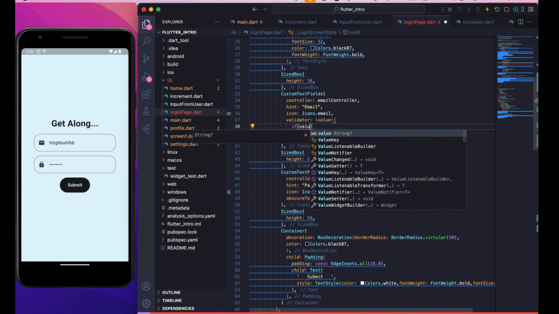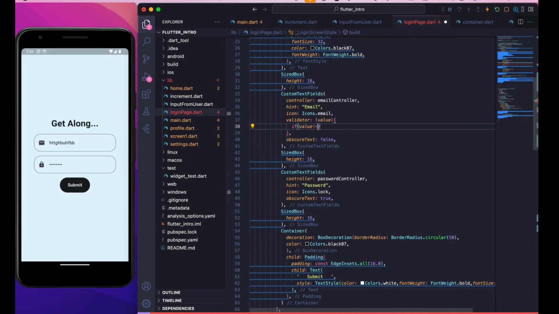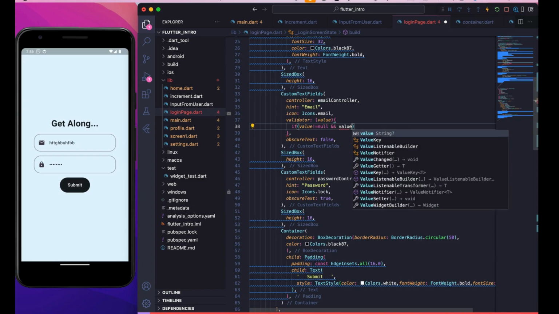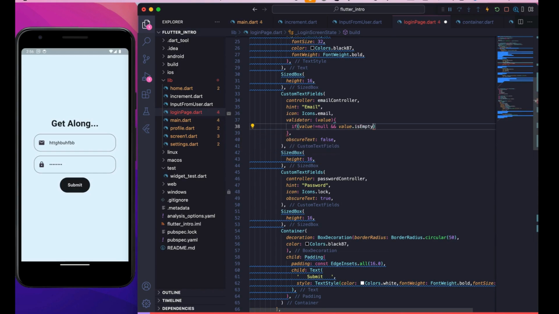So if the value is not equal to null and the value is not empty, or rather, if the value is empty or is equal to null, either of the cases,